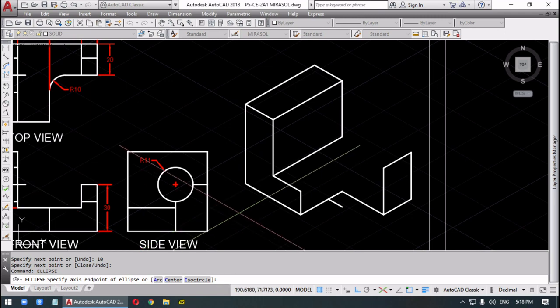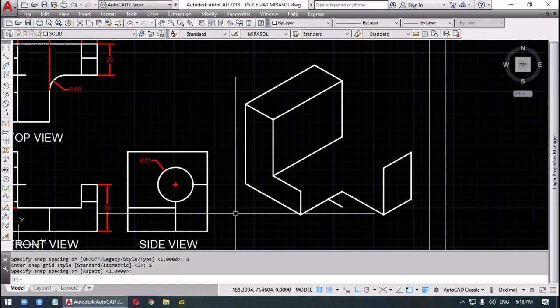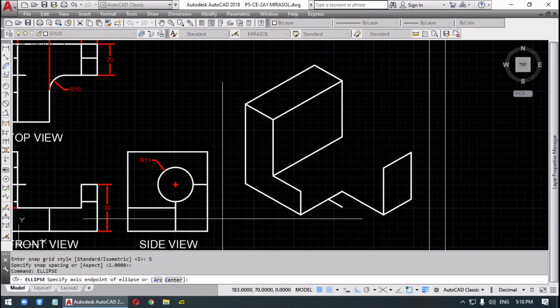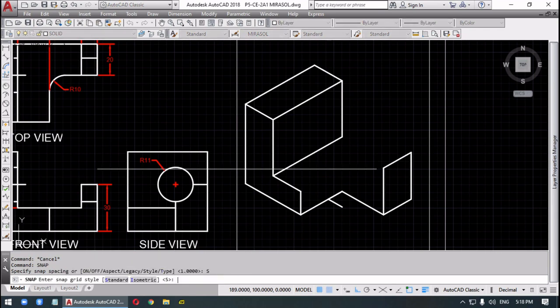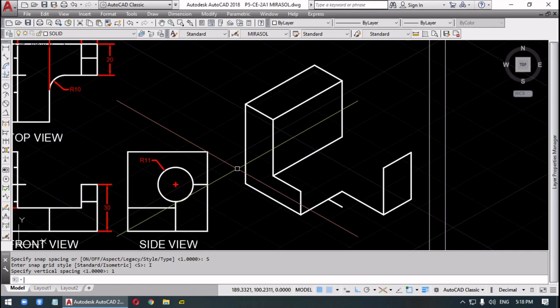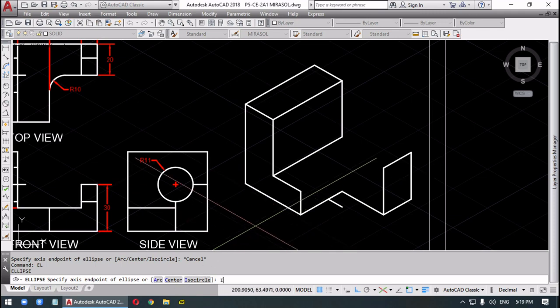Okay, we'll change snap, style, standard. Okay, ellipse. We do not have the isocircle option. So let's go back. Snap, style, isometric. Okay, snap off. Now ellipse, ELLIPSE or EL will do. Choose the isocircle option, I for isocircle, center of the isocircle, and